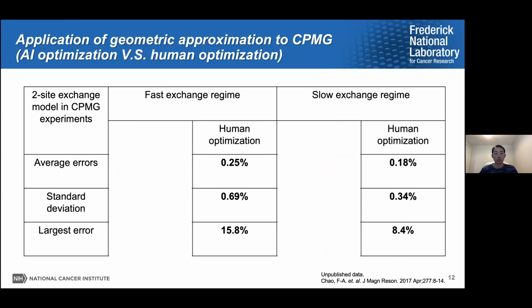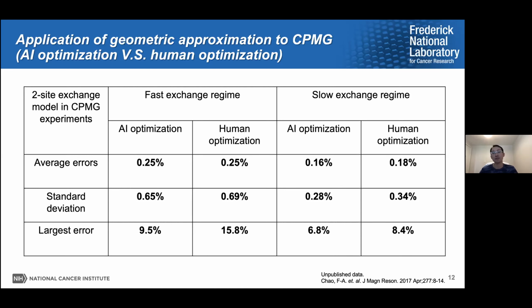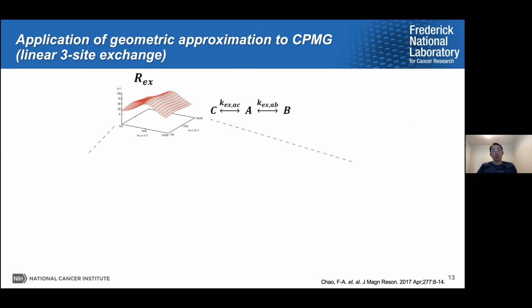The average error between the surface I build and the numeric simulation is less than 0.5% on average. And then I have the algorithm to optimize the surface by itself with little human input, and actually get a slightly better result that made me feel comfortable and feel good. So basically, the surface I generate is pretty optimized. Okay. And we also try to apply this idea to a more complex